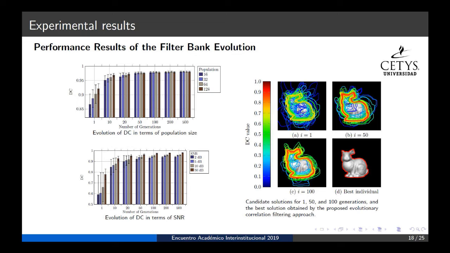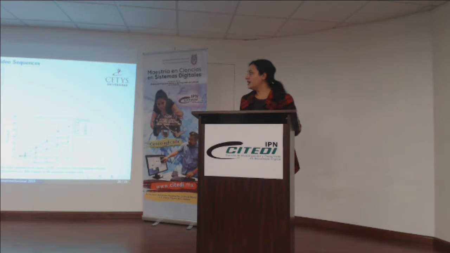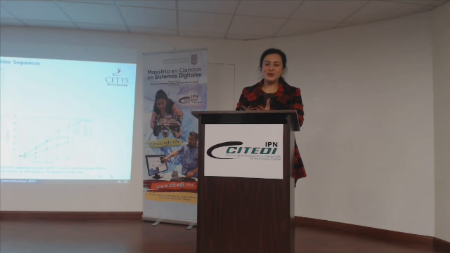It demonstrates that it is very robust in signal to noise ratio, in terms of population size, that is the number of filters in the filter bank, and in terms of additive noise given in noisy frames. So in this row we have different populations, and in these graphics we wanted to test